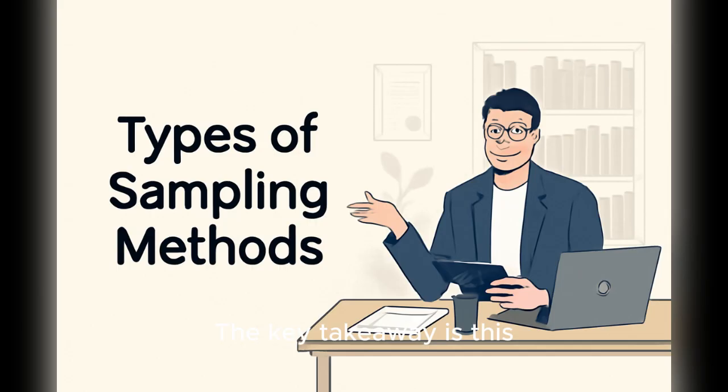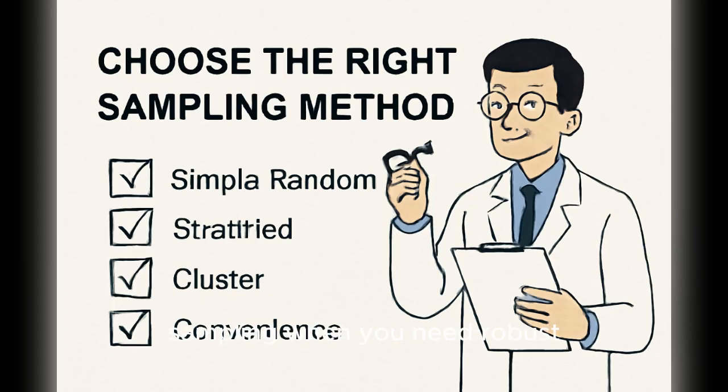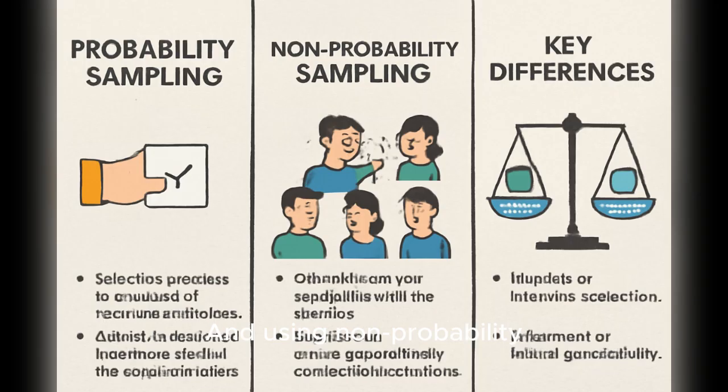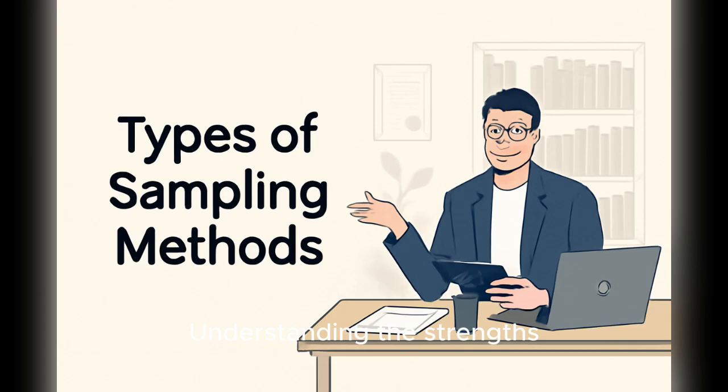The key takeaway is this: there is no single best method. The best method is the one that logically fits your research goals. Choosing probability sampling when you need robust, generalizable data is crucial, and using non-probability sampling for quick, targeted insights in exploratory studies is a smart, practical choice. Understanding the strengths and weaknesses of each allows you to design better research and more critically evaluate the studies you read. I hope this overview has demystified the world of sampling for you. It's a topic that's so central to good research, and now you have the tools to make the right choice